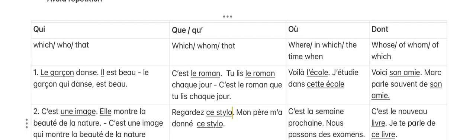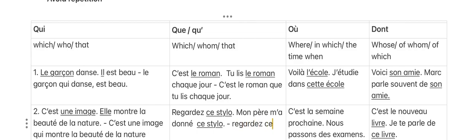Look at this pen. Mon père m'a donné ce stylo. My father gave me this pen. Again, in these two sentences, the repeated word is ce stylo. So we need to join these two sentences and avoid the repetition using the simple relative pronoun que. So we get